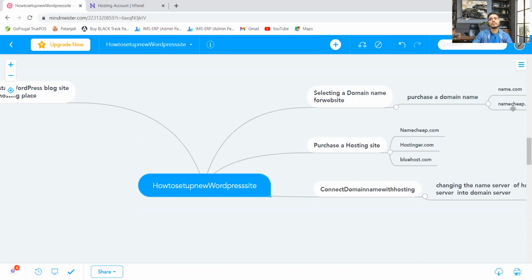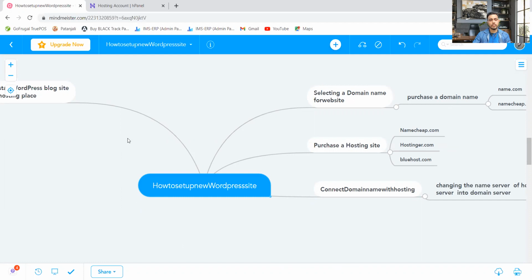If I purchase from a different server, say I have purchased the domain from Namecheap and the hosting from Bluehost or hostinger.com, then I have to change the DNS code. So always change the DNS of the domain name with the hosting site. Okay,